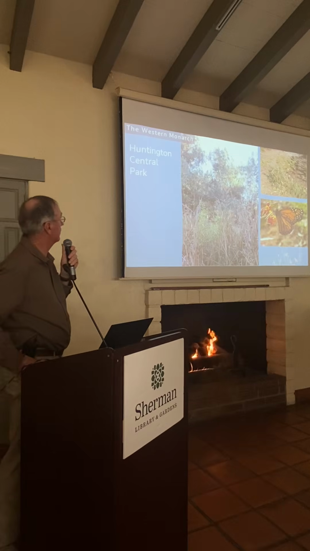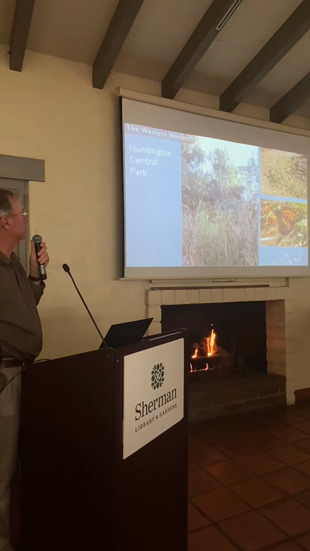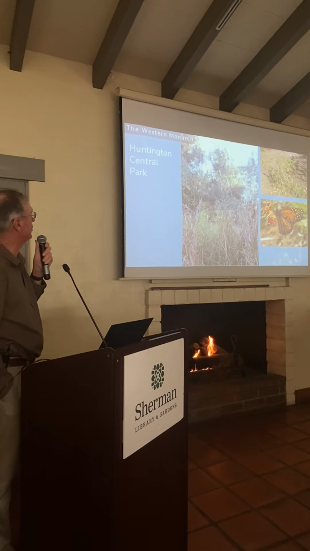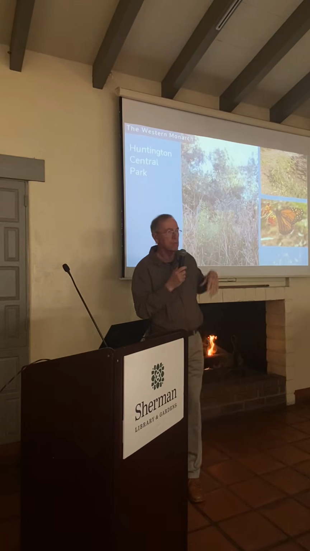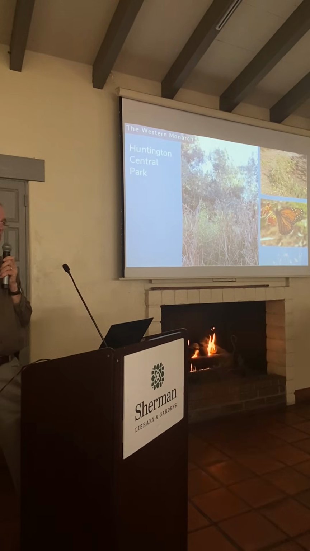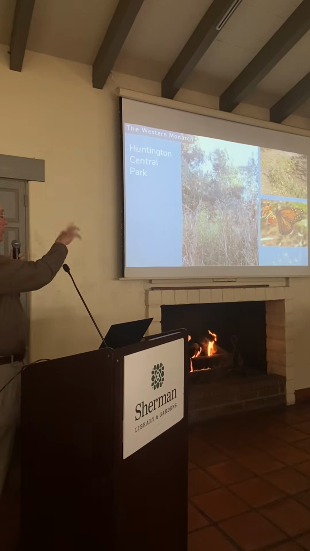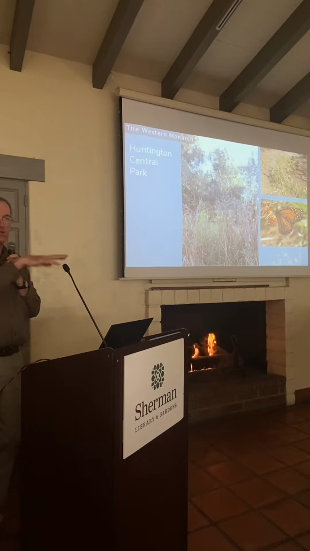So that's what we want to see more of. Here's the challenge. Here's the Huntington Central Park, probably 20 meters from where that last picture was taken. And we've got tropical milkweed just kind of growing wild in the shrubbery adjacent to the overwintering colony. That's the threat. There's lots of it in Huntington Central Park. It was planted. Say no more. And it seeds around, and so it's just kind of there now.